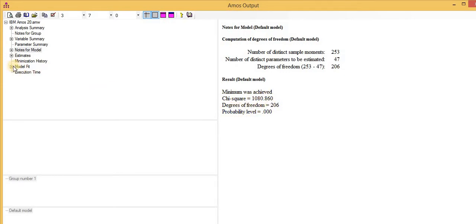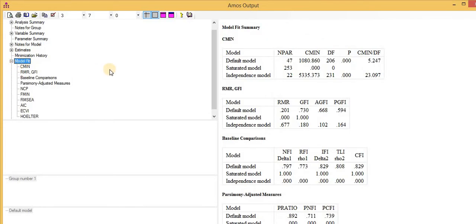Click on the model fit button here, model fit. It can show you the chi-square divided by degree of freedom value given here, the value of GFI is given here, AGFI is given here, NFI is given here, IFI is given here, TLI is given here and CFI is given here.